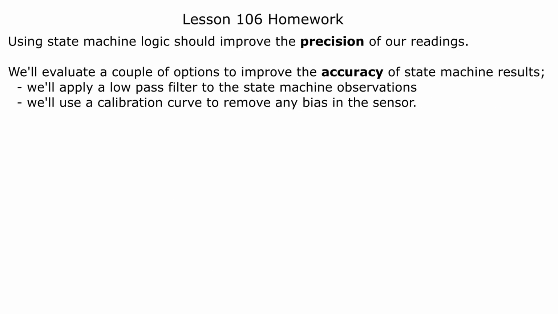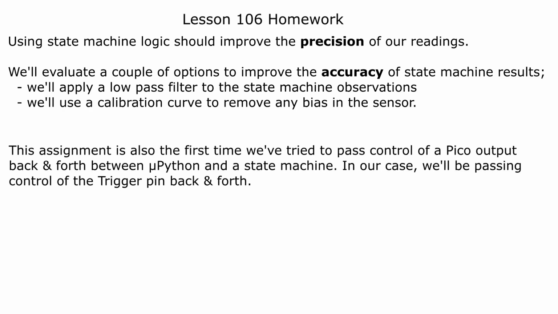Using state machine logic should improve the precision of our readings. We'll evaluate a couple of options to improve the accuracy of state machine results. We'll apply a low-pass filter to the state machine observations, and we'll use a calibration curve to remove any bias in the sensor. This assignment is also the first time we've tried to pass control of a Pico output back